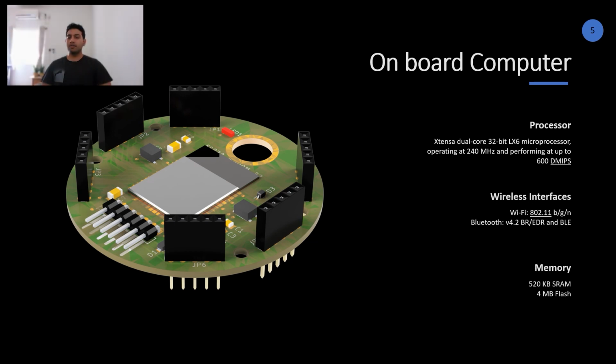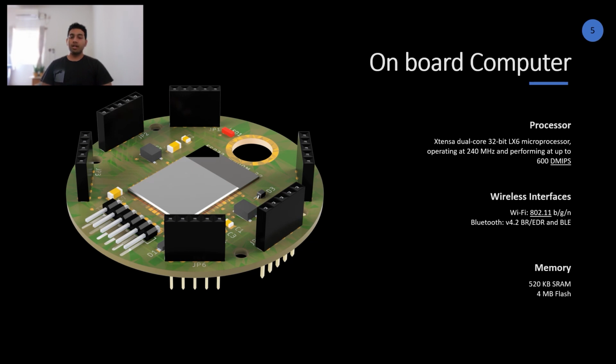Okay, now to talk a little bit about the onboard computer, which is among the top two most important subsystems in the CANSAT, because without the onboard computer, your CANSAT is essentially a brick. It does nothing. Even if any other subsystem apart from the EPS fails, as long as your onboard computer and your EPS are functioning, you still have a functioning CANSAT. Any data that you're collecting, maybe from a sensor, you can still store on the onboard computer's internal storage. So that is why I say that this is among the top two most important subsystems.